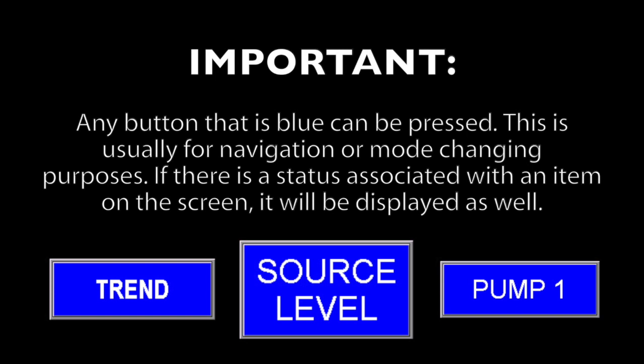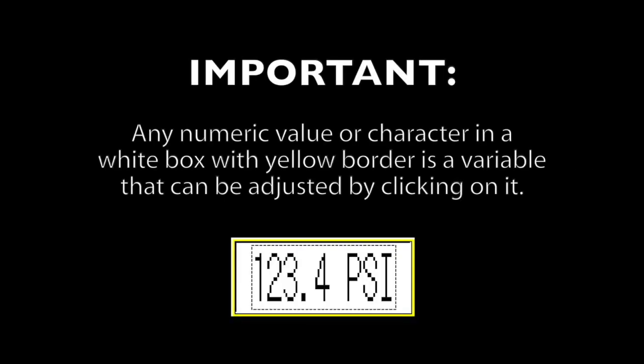Any button that is blue can be pressed. This is usually for navigation or mode changing purposes. If there is a status associated with an item on the screen, it will be displayed as well. Any numeric value or character in a white box with a yellow border is a variable that can be adjusted